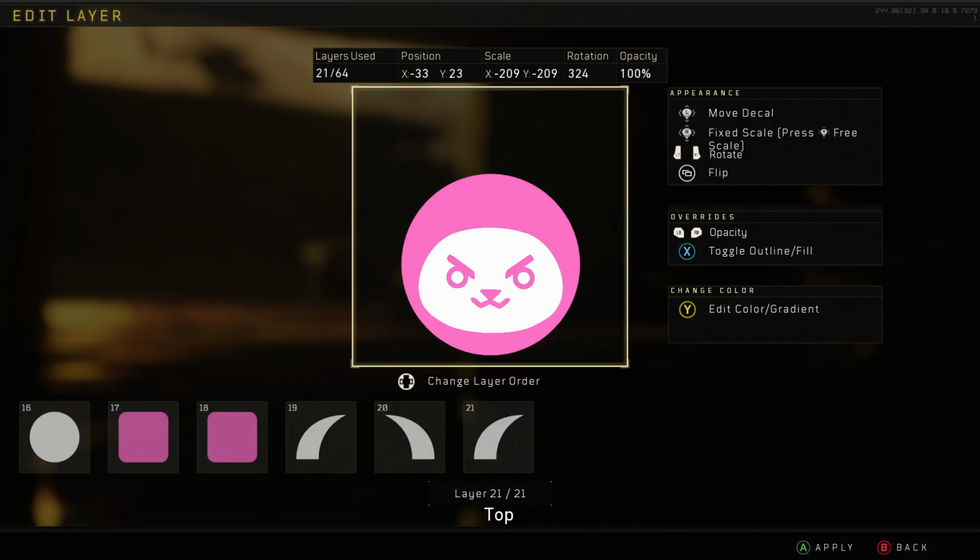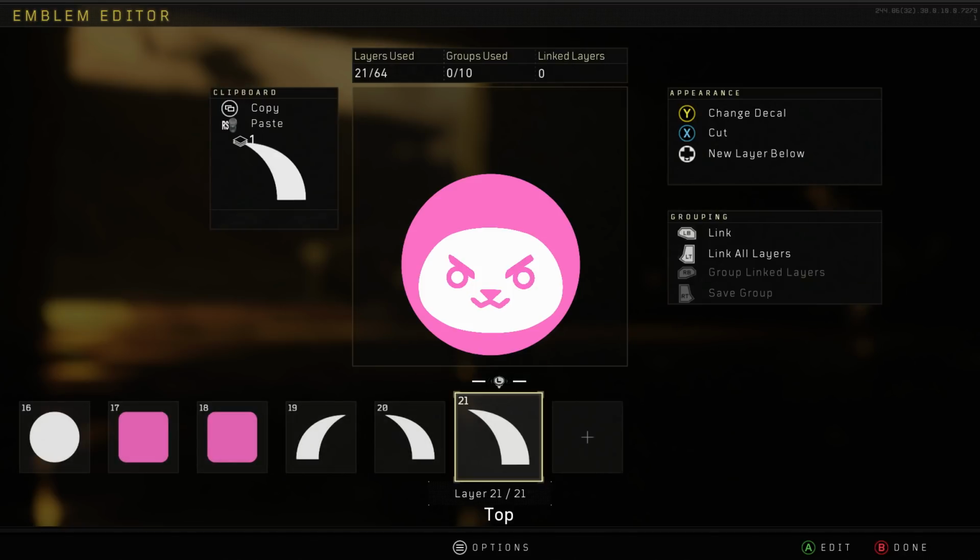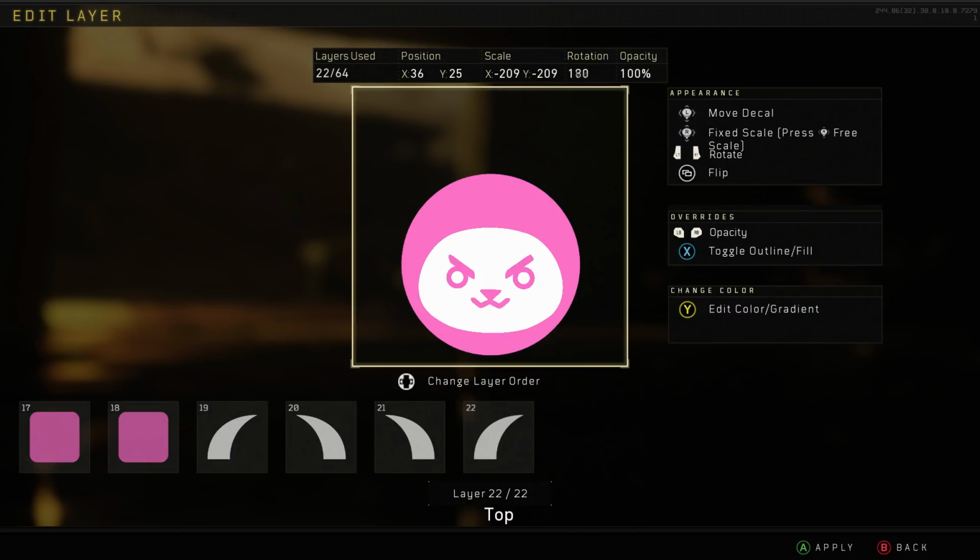I don't know what causes it, but don't worry. If you get something glitchy, nothing to worry about. You can just apply and then select again, and you'll be fine. I don't know why it does that. It's just kind of weird. At least in other Black Ops games, it doesn't have...